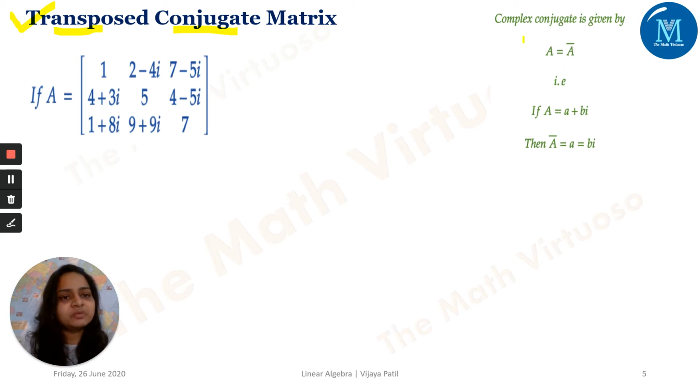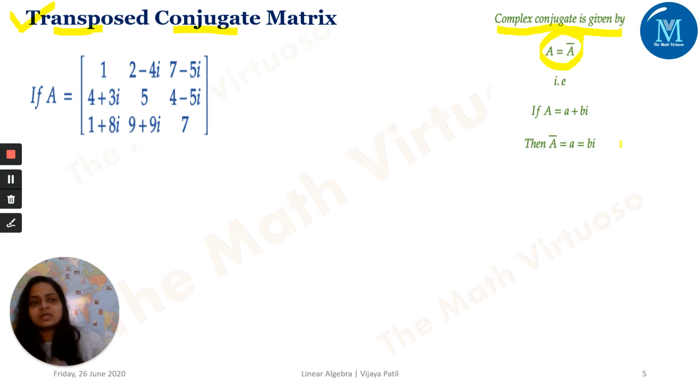Let us define a very simple one, just for the sake of understanding. The complex conjugate is given by: if capital A is a plus bi, then the conjugate of A would be a minus bi, right? So now I have to just compare with that. So it's a plus bi, and the conjugate would be, actually, this is minus over here. This is minus over here, okay?